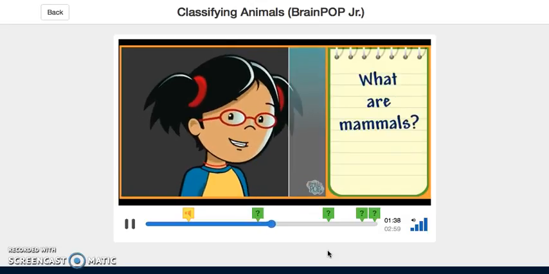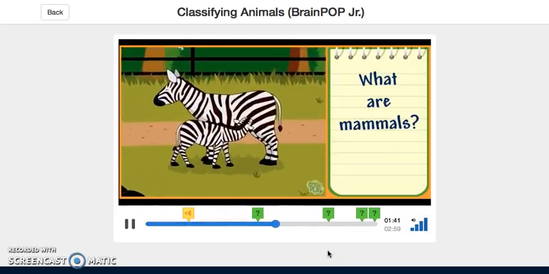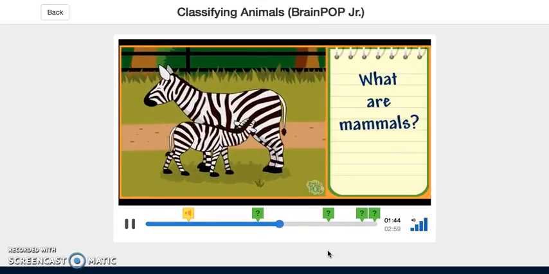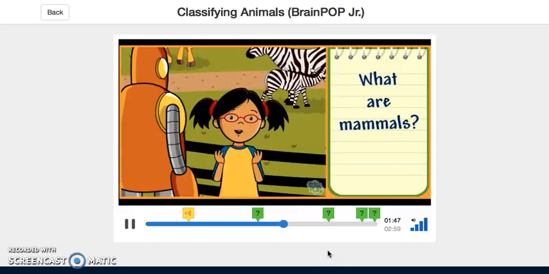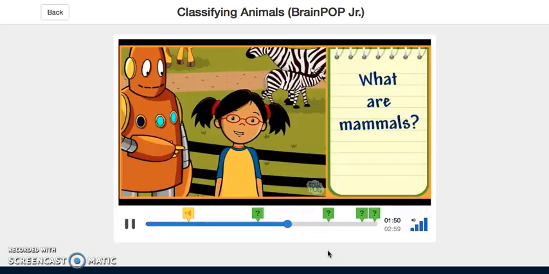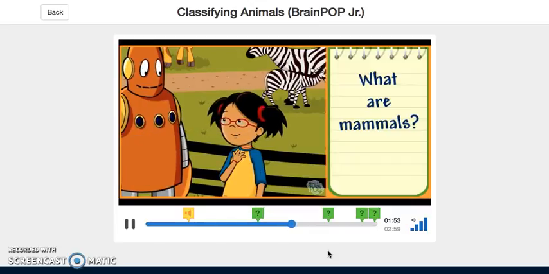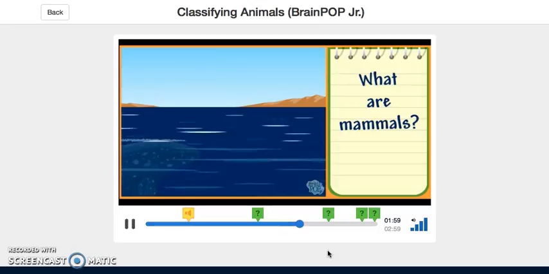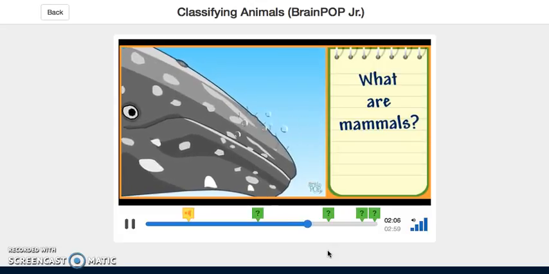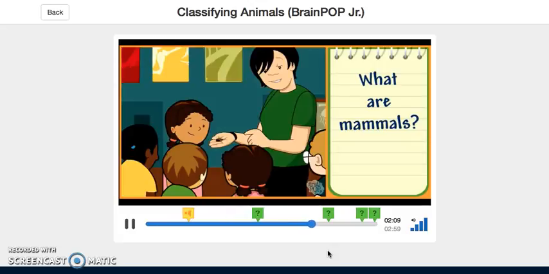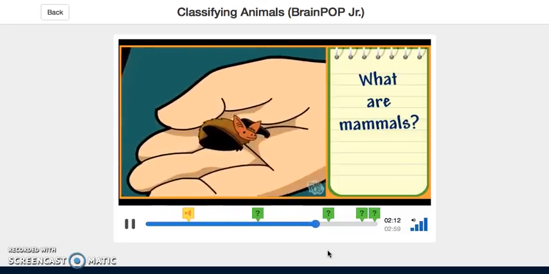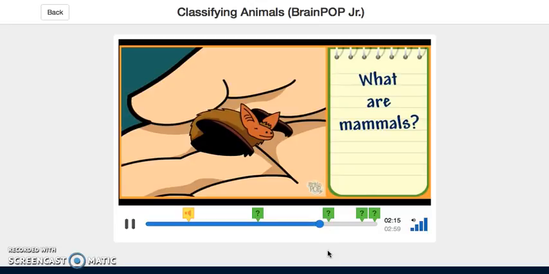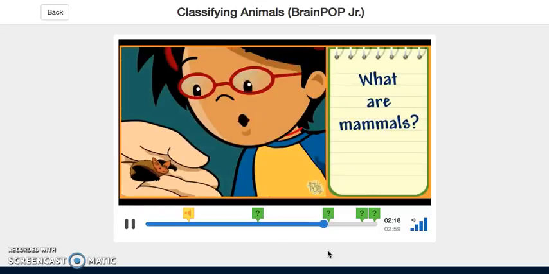Scientists classify vertebrates and invertebrates into even more groups. What are mammals? Mammals are vertebrates that get milk from their mothers when they are very young. They breathe air with lungs and have hair or fur. Right, Moby? People are mammals. Some mammals live in water, like whales, but they still have lungs to breathe oxygen, so they need to come up for air. They even have hair. The smallest mammal in the world is the bumblebee bat. It's about the size of a thumb. Bats are the only mammals that fly like birds, but